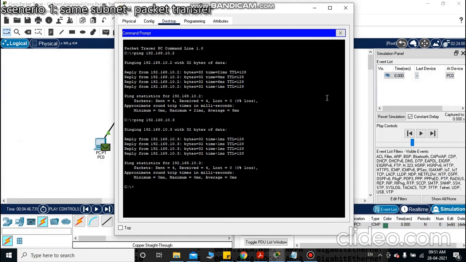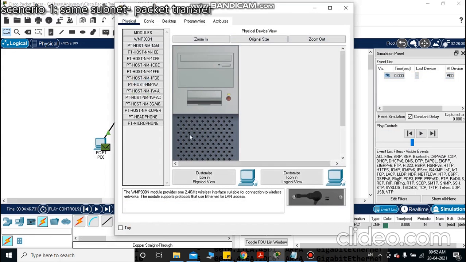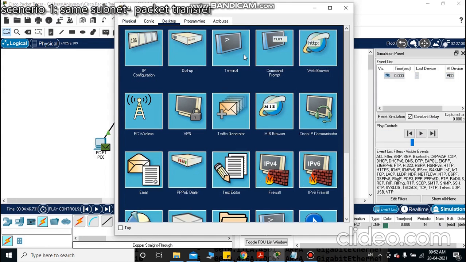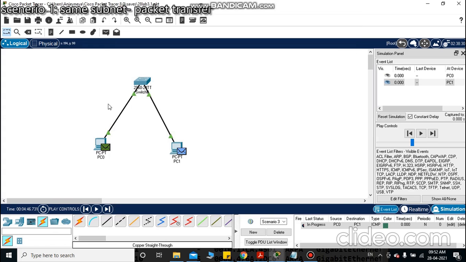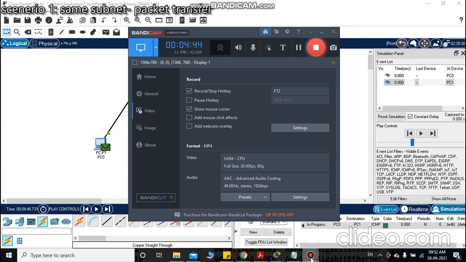And we can also use the command prompt for PC1 with a ping. It is still in the progress stage.